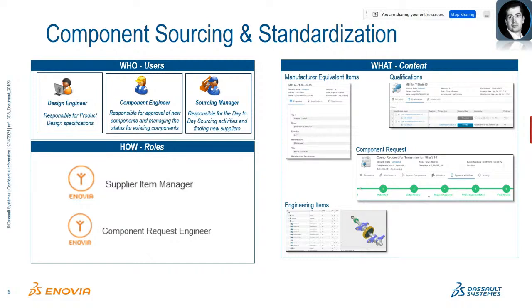Okay. The third one is really the governance part of it, is the component request, how to introduce a new component. It could come from engineering as a request, or from sourcing because you want to qualify a new source for an existing component, or is it something coming from your suppliers that say, oh, sorry guys, I modified part of my definition, or I will stop